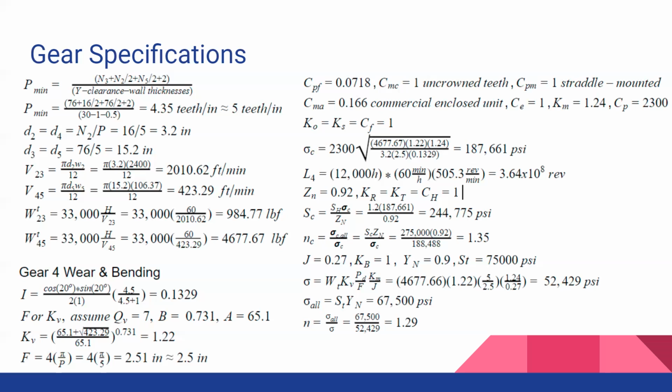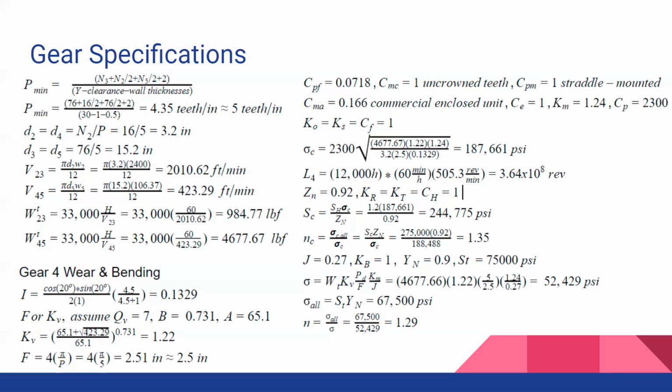At gear 4, in bending, the geometry factor for pitting resistance was found to be 0.1329. The dynamic factor was 1.22, or 2.51, which was rounded to 2.5. The pinion proportional modifier was equal to 0.0718. The mesh alignment factor was equal to 0.166. The load distribution factor was equal to 1.24. And using these values, we found the contact stress to be